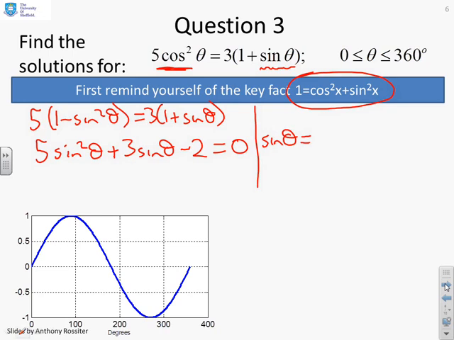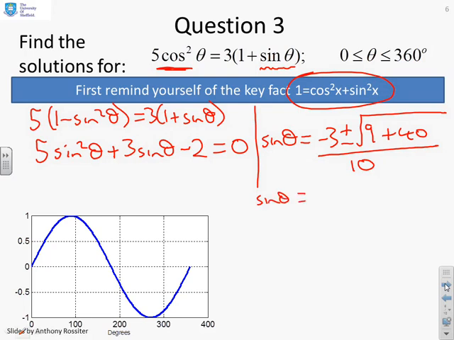So sine theta equals minus 3 plus or minus the square root of 3 squared, which is 9, plus 40, all divided by 10. And that gives me sine theta equals minus 3 plus or minus 7 over 10. In other words, sine theta equals either minus 1 or